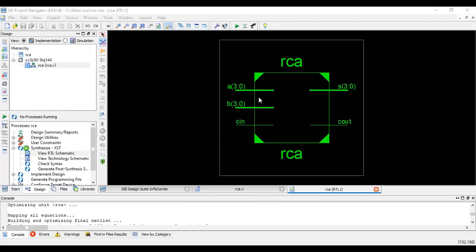So ripple carry adder, it was A 3 down to 0 because we had taken a vector, B 3 down to 0 because we had taken a vector, C in. So ripple carry adder had A, B, C in as inputs and it generated S and C out as output. The size of A was 4-bit, the size of B was 4-bit, the size of sum was 4-bit. But carry out is 1-bit because whenever you perform addition, you'll get only 1-bit carry. You cannot get a 4-bit carry output out of the total addition.